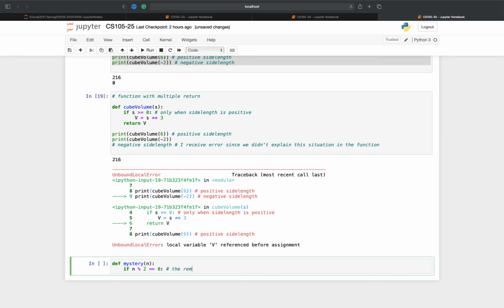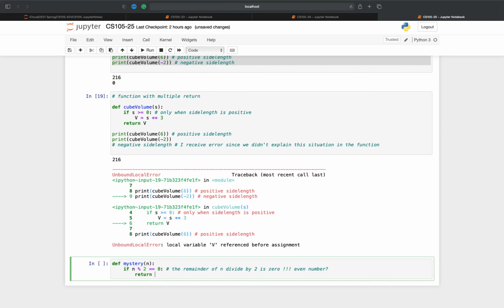The remainder of n divided by 2 is 0. So what is this? This is the even number, right? Correct? So if the number is even, then